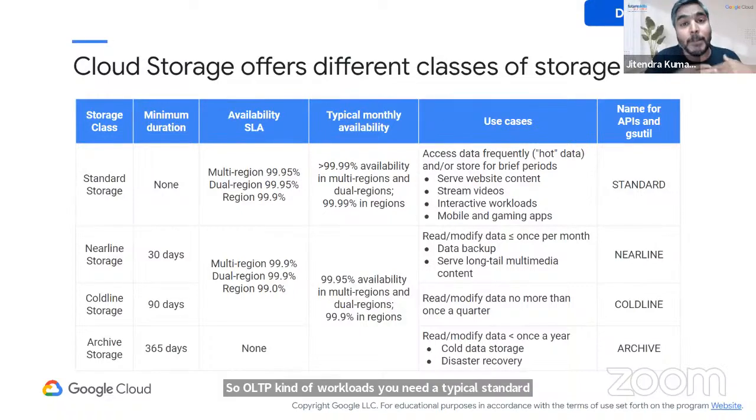But when you are taking a backup, imagine you have MySQL running in Cloud SQL. In Cloud SQL, you might want to export your data backup copy, which could be a CSV file, or it could be a MySQL dump. That CSV file or the SQL dump could be put into a cloud storage bucket.